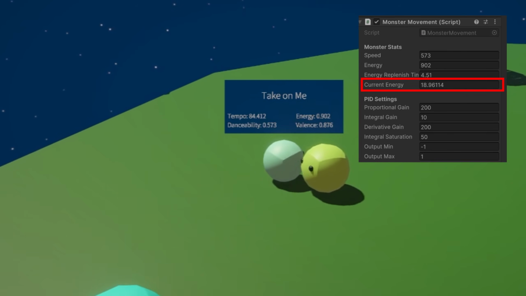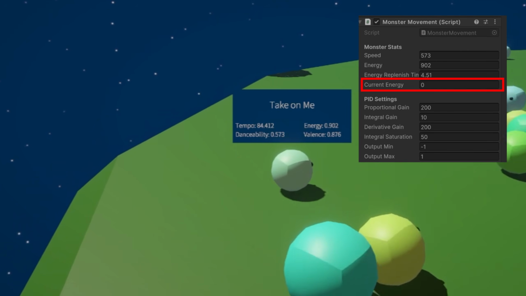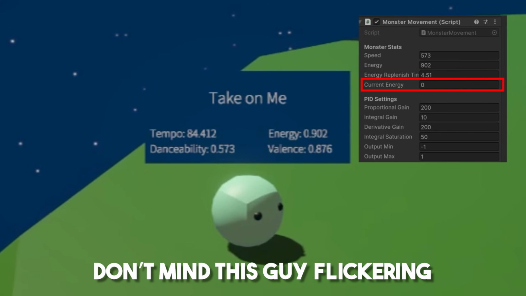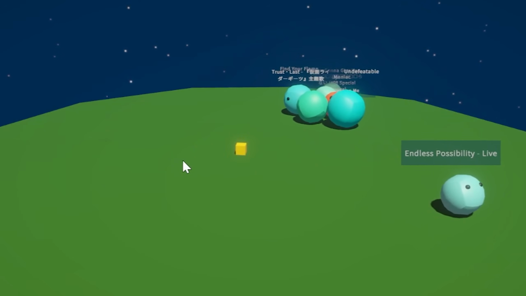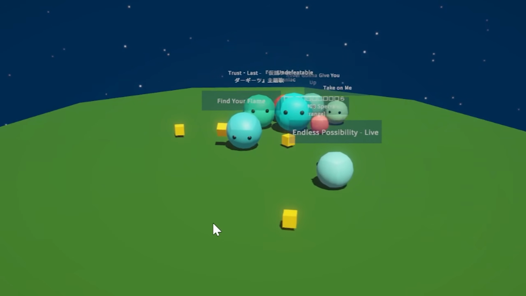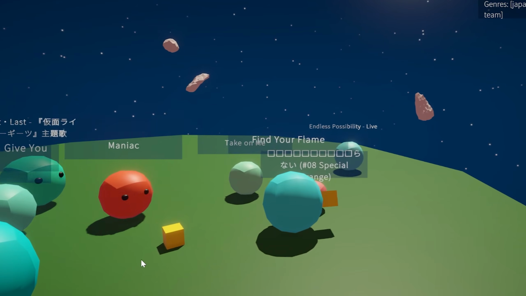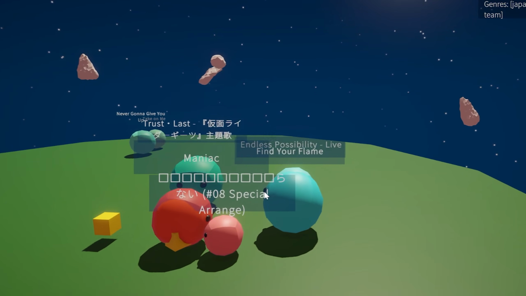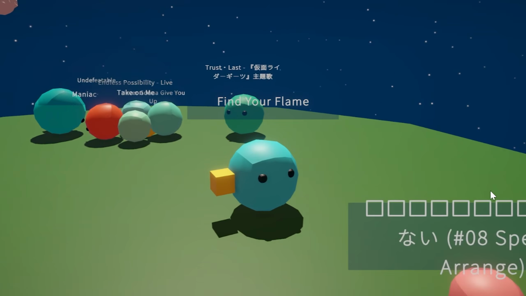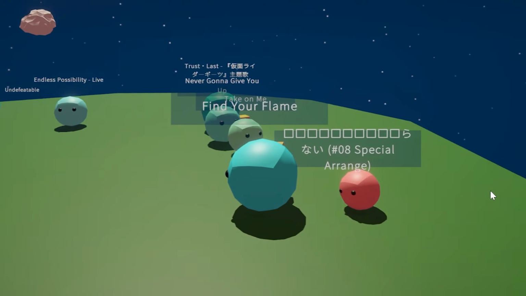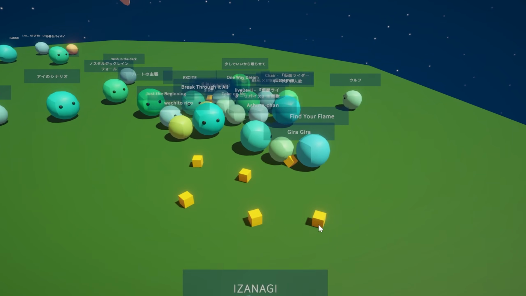Every creature has a set amount of energy that is determined by the energy, so once a monster runs out of energy, it will need to stop to recharge. The faster a monster moves, the more energy it will consume. And to give them some form of objective for now, I decided to add some food into the simulation. Yeah, I know it's just a yellow cube, but let's call it food. Food will allow the monsters to replenish their energy and allow them to travel longer distances without stopping. Now whenever a monster sees food, it will do all it can to obtain it, just like me for real.